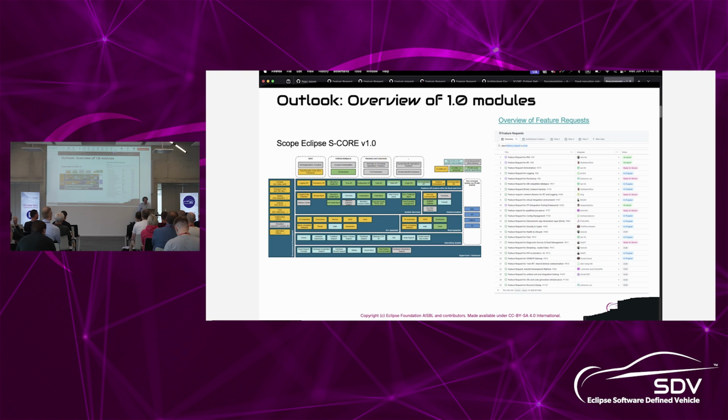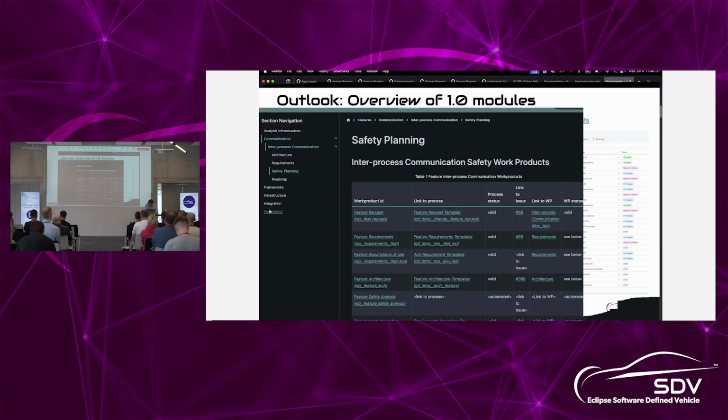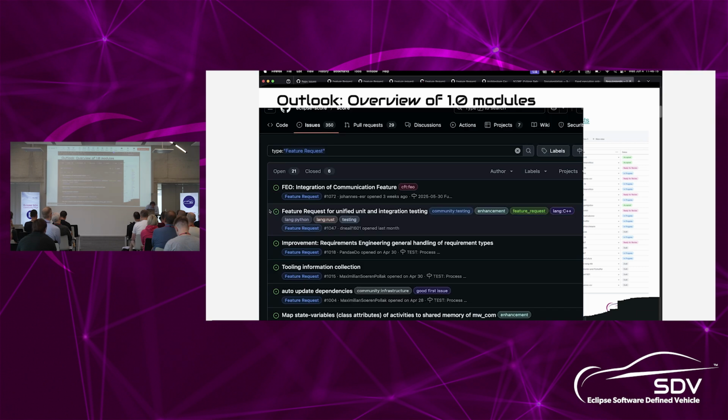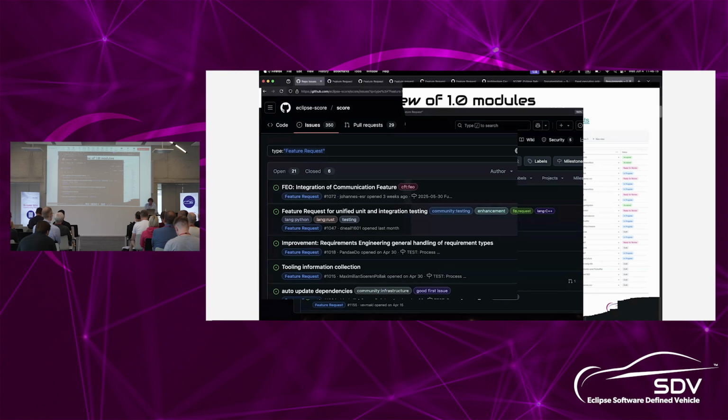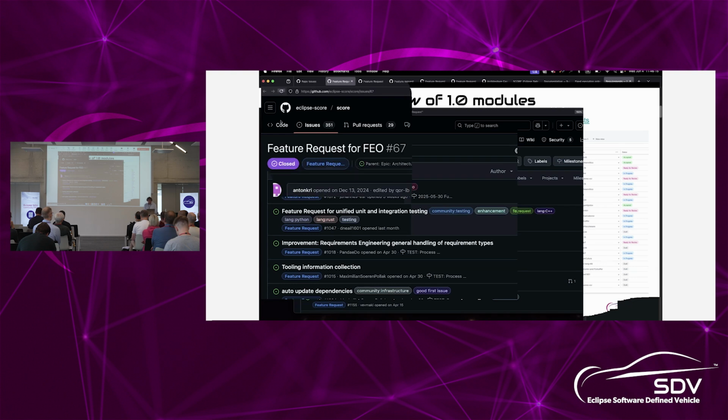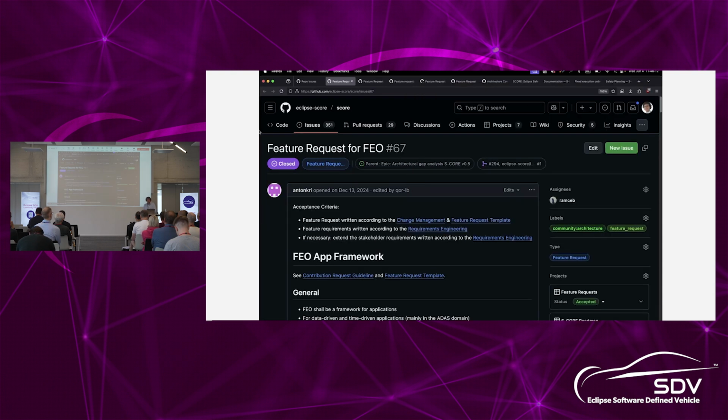For everything we have a feature request on the tab, and you can happily just surf to github.com/Eclipse S-CORE, open the issues, search for type feature requests, right? And then you'll see all these things, a few examples, as you have seen,